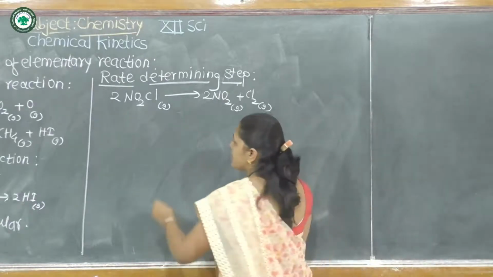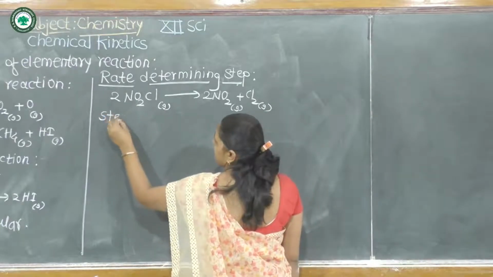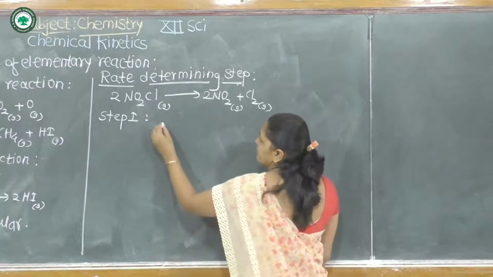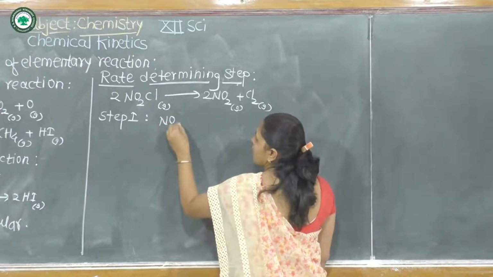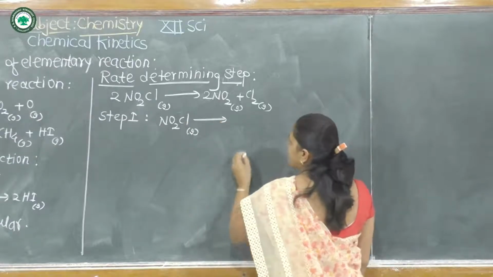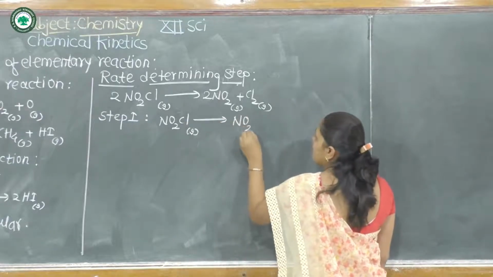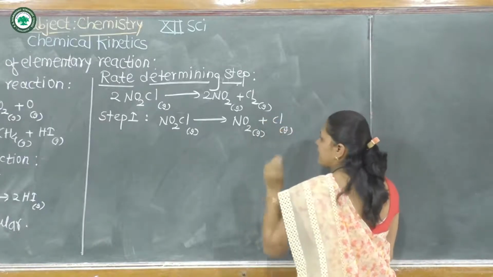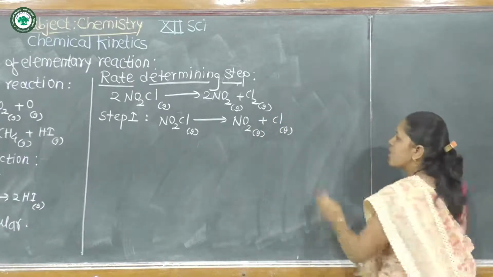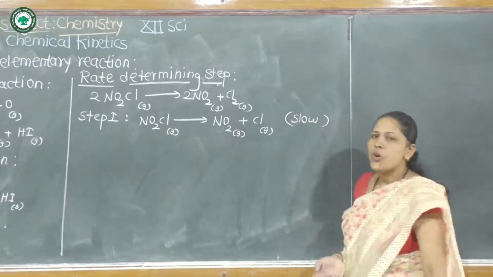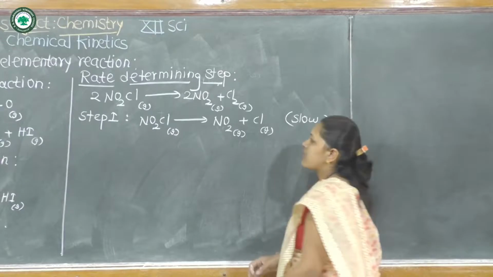The first step: nitryl chloride gives NO2 gas plus elemental chlorine. This step is the slow step, and the second step is